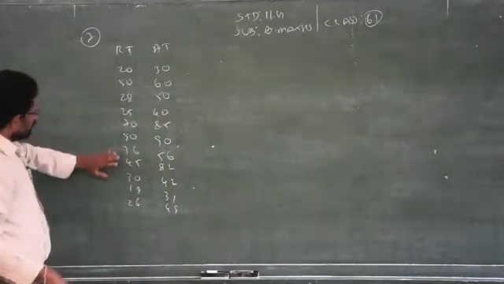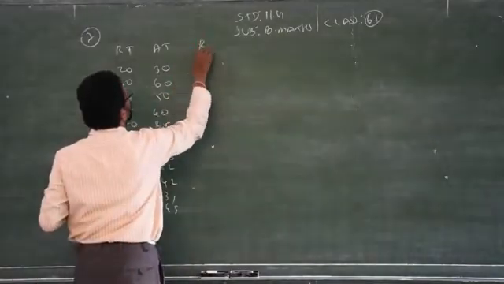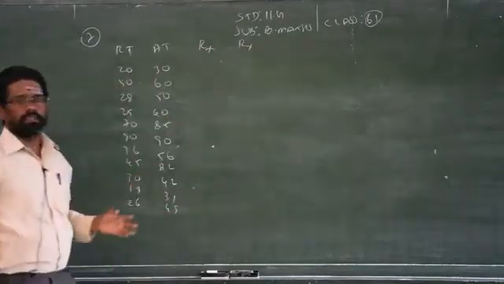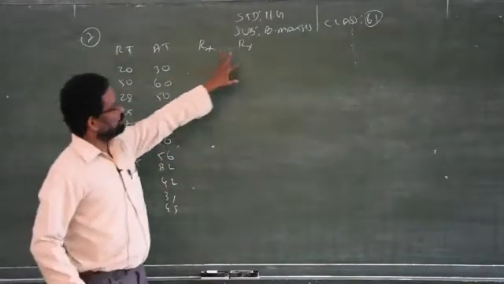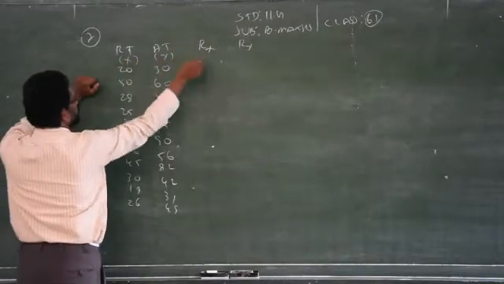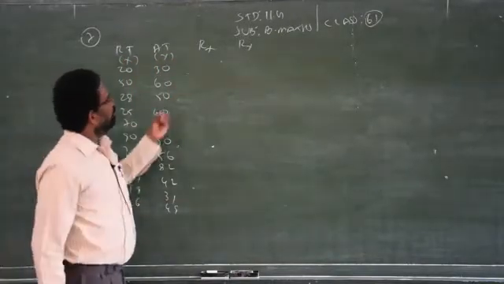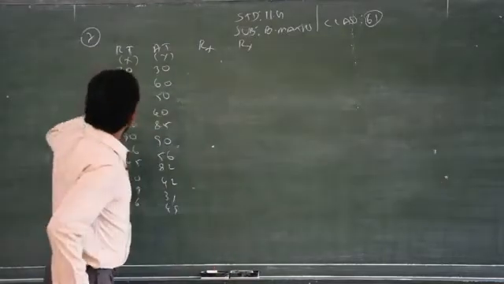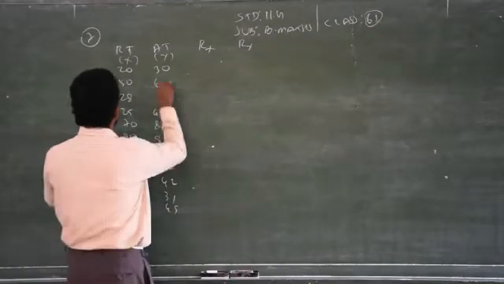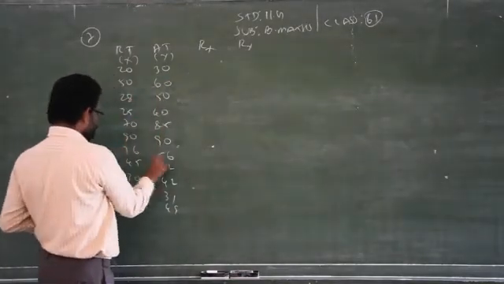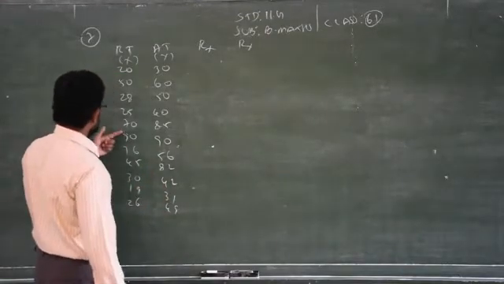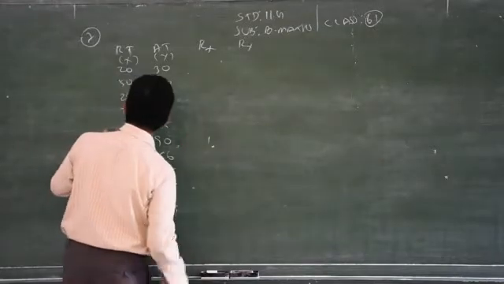What is the highest mark in RT? That we take as rank X. The next column is rank Y, because we have two columns, no? Two separate tests. So, I call the first test X and the second one Y. So, rank under X, you can take this as capital X and this as capital Y to understand properly. So, under X, what is the first rank? 90 is the first rank. Be careful, you have to write the data straight to straight. Clear? So, 90 is the first mark, so you name it under X as 1.